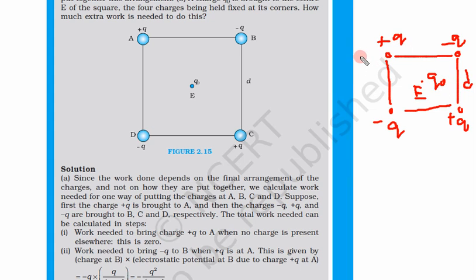Also, last year I told you that we have to name the square like this, A, B, C on this side, D on this side. Either we go anti-clockwise or we go clockwise. So let us go clockwise, A, B, C and D. So this is our picture. Now we have to solve.